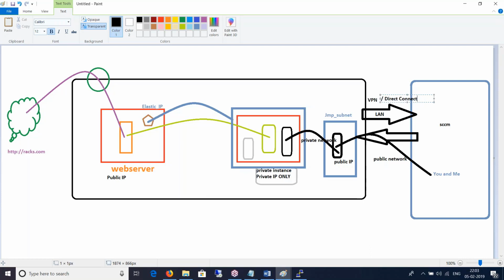So it's a dedicated connection. Is Direct Connect chargeable to us? Yes. Both VPNs and Direct Connect are chargeable. Okay, so if I want to create a VPN on my own, say directly on the private instance, or maybe we can do it like this. We create one OpenVPN server or client on the jump server, which has the public IP address.